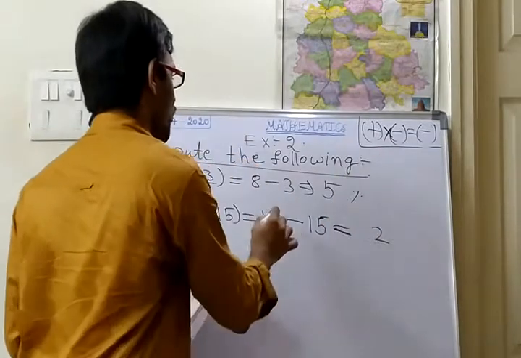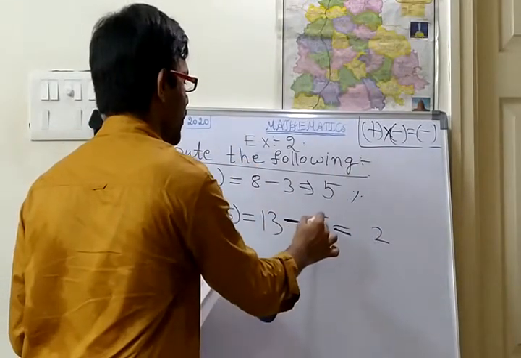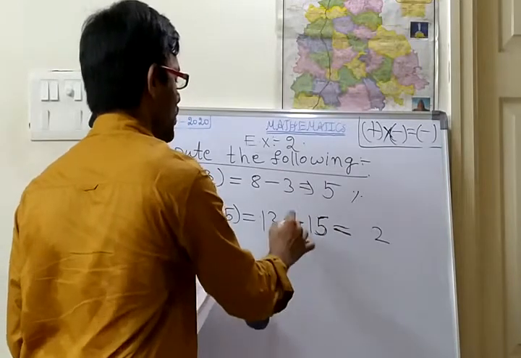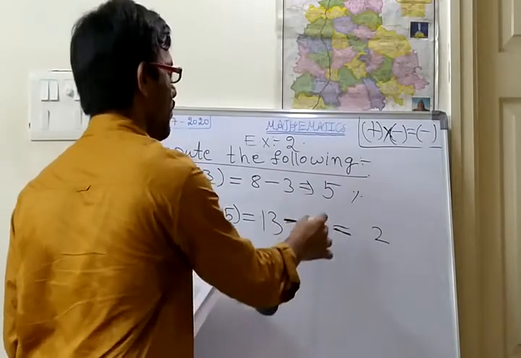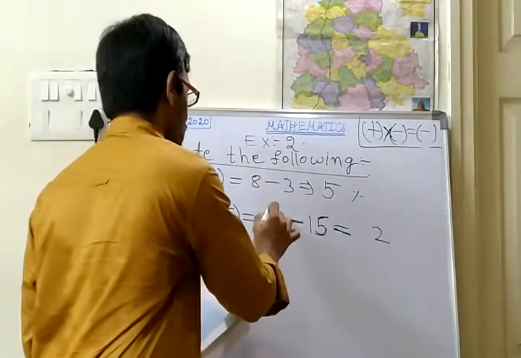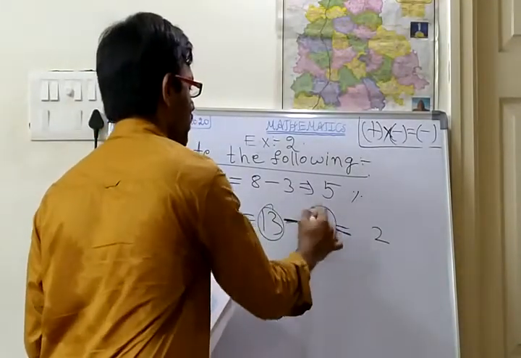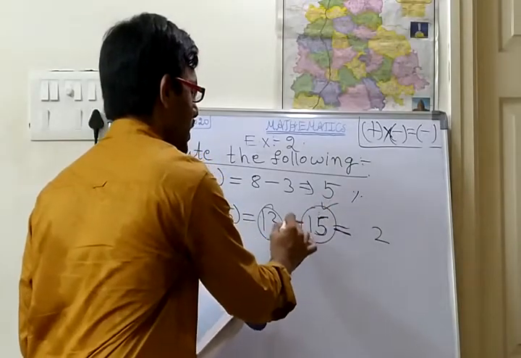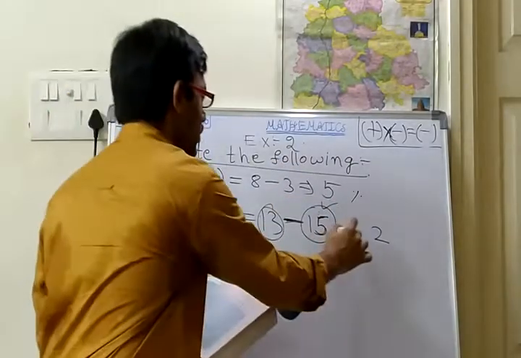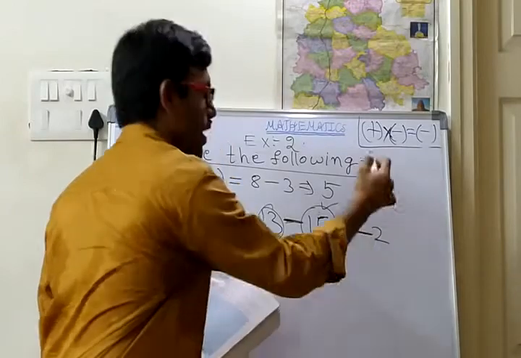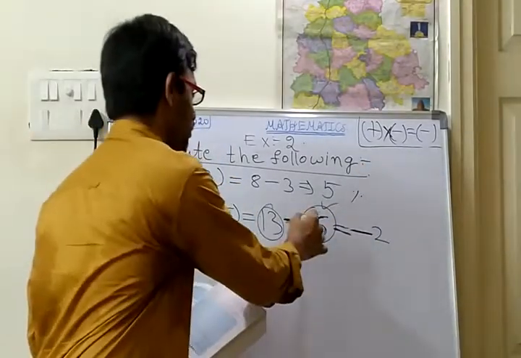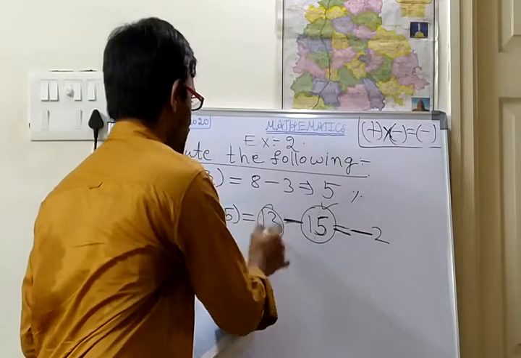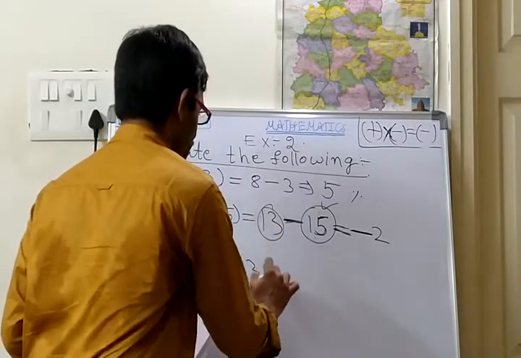But for the greatest number of these two numbers, what is the symbol? Out of these two numbers, which is the greatest number? So 15 is the greatest number. For this number, which symbol is there? Minus symbol is there. So for the result also you should keep the minus. Okay. So suppose for the greatest number, suppose minus 13 plus 15 is there.